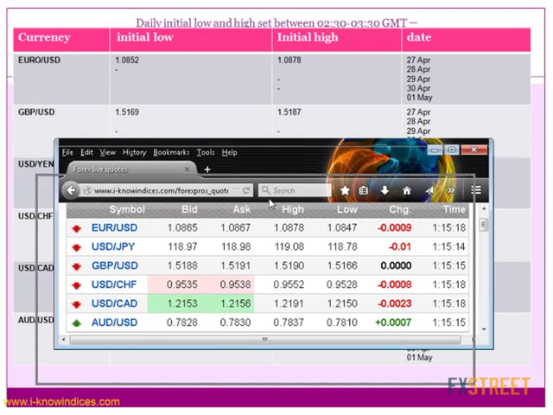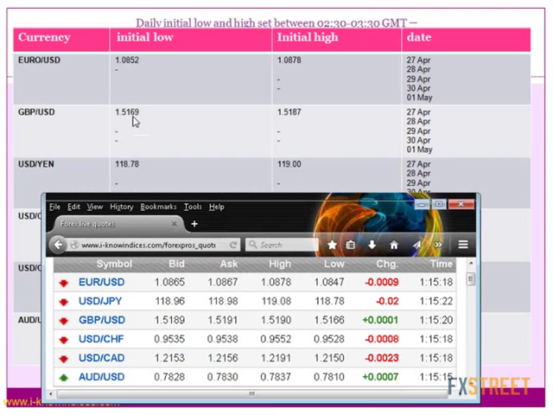Then in the case of GBP, 1.5169 is a low. They just came down to 1.5166, started gaining the level, and 1.5187 was the initial high, and they have already breached it. As you know, GBP is the currency which is used to create the sentiment, which has gained back all the last negative net change and come to 0.0, and they will try to gain further up during the Japanese session.